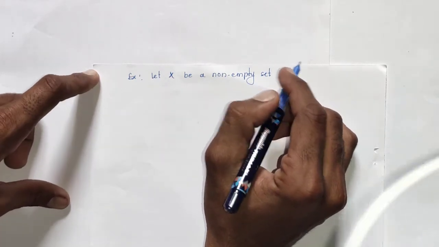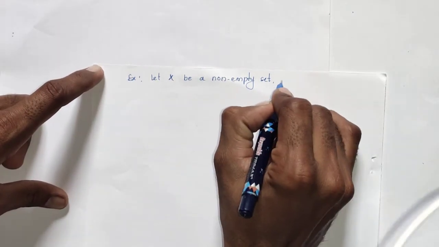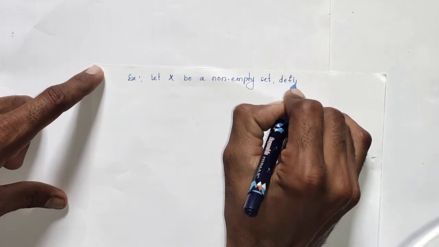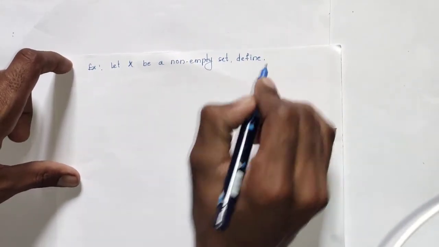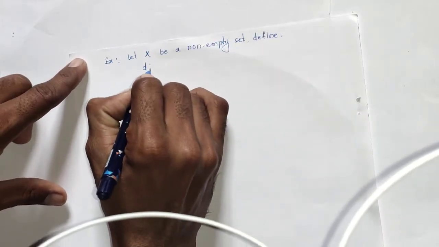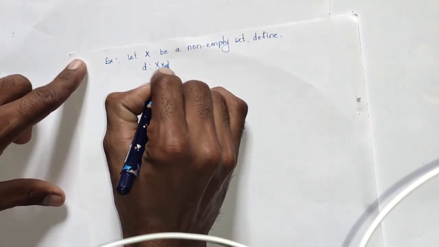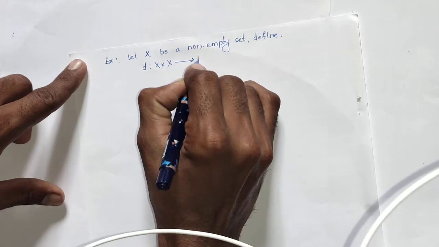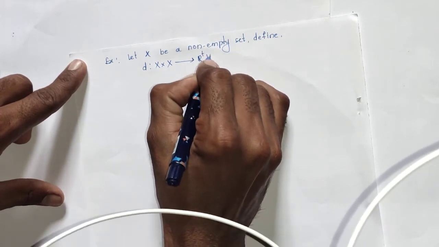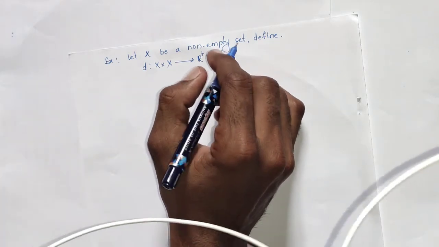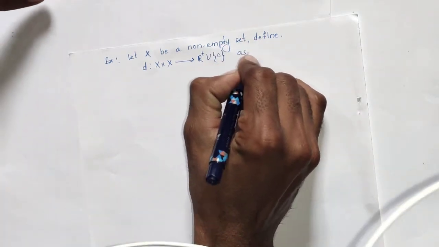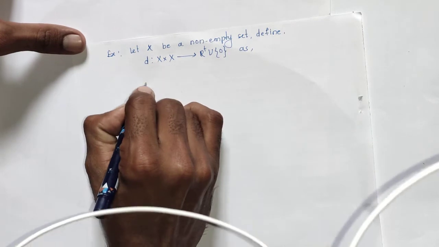And define a function d from X cross X to R plus union singleton 0, such that this function is defined as